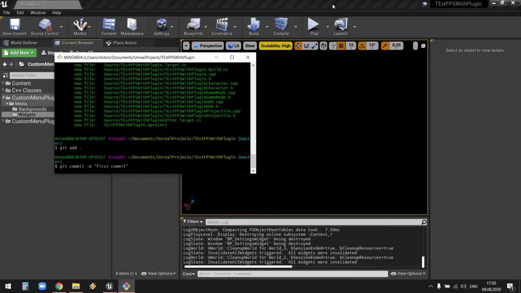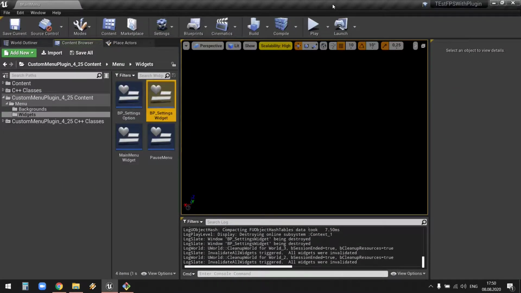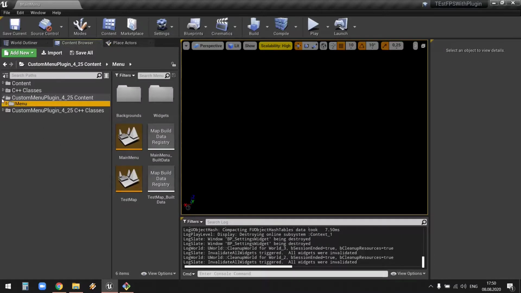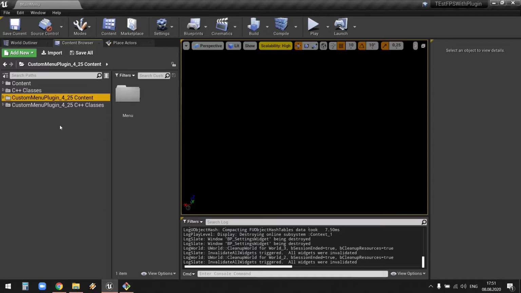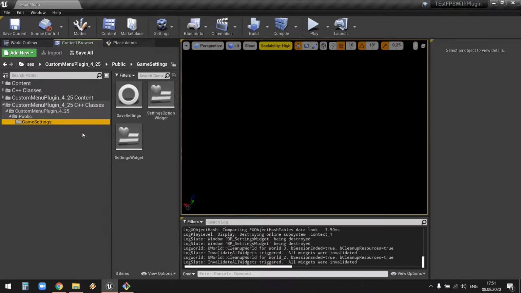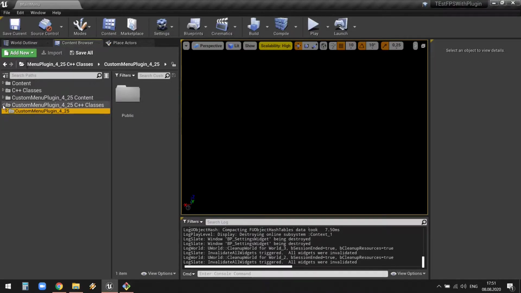Everyone, I want to show you the tutorial on how to use the custom menu plugin for Unreal Engine. Here we could notice two folders, the custom menu plugin content and the custom menu plugin C++ classes folder. In the first folder we could find our C++ classes on which all our Blueprint classes are based, and inside the